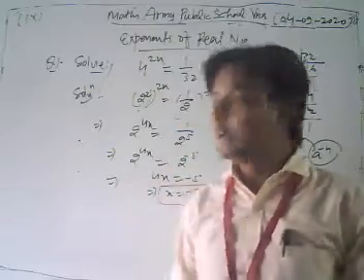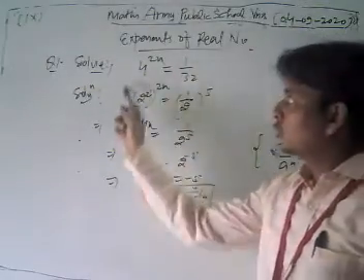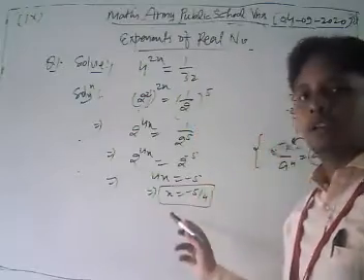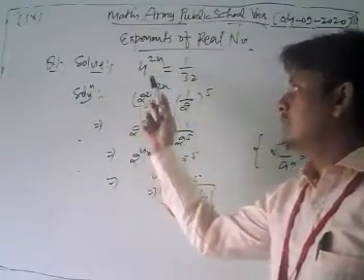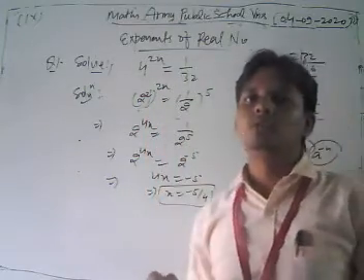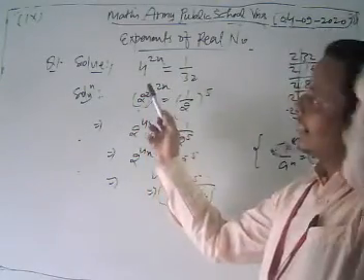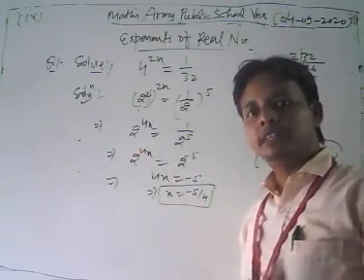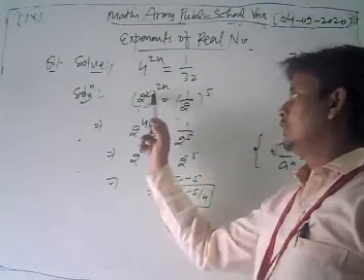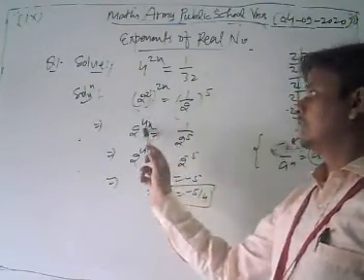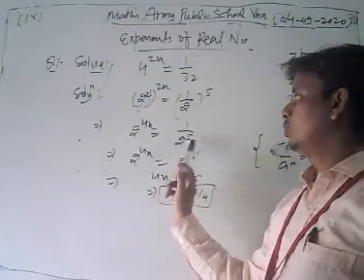So dear student, you can solve all the questions based on exponents of real numbers in this way. First, this is our given relation, 4 to the power 2x is equal to 1 upon 32. Here we can write 4 as 2 square, because if we simplify 2 square, then we get 4. After that, we apply the laws of exponent, then we get 2 to the power 4x is equal to 1 upon 2 to the power 5.